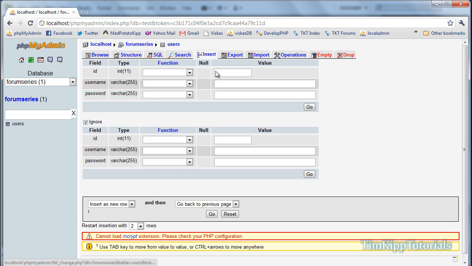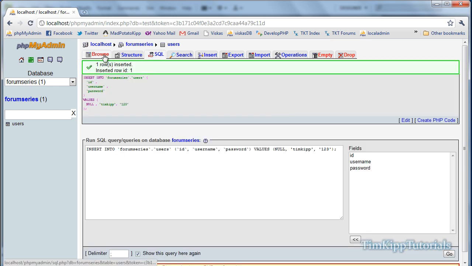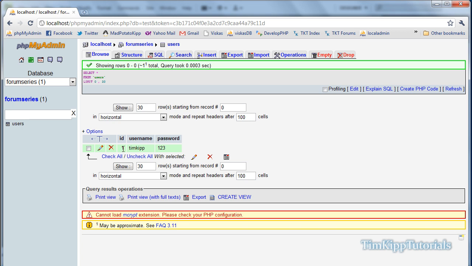We're going to insert a username and password just for testing purposes. I'm just going to put Tim Kip and my password is 123. Hit go, and if we go to browse, you can see that it gave me an ID of 1, Tim Kip, and password. So let's jump over to Dreamweaver right now,